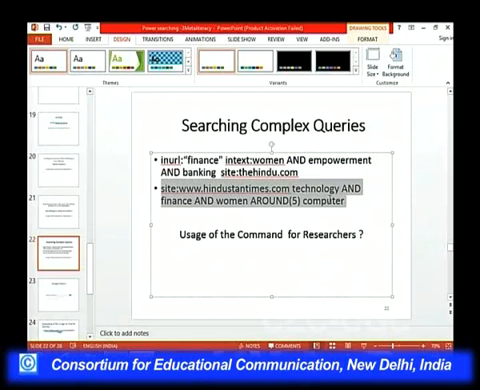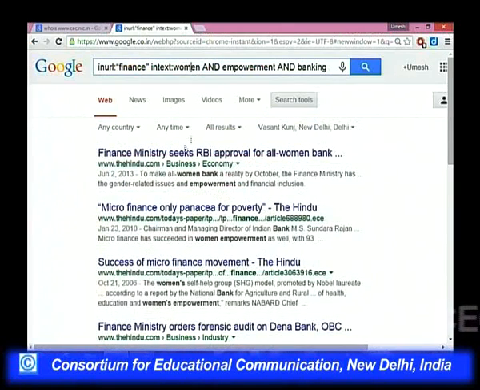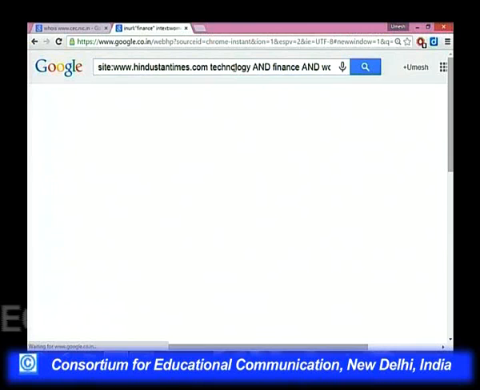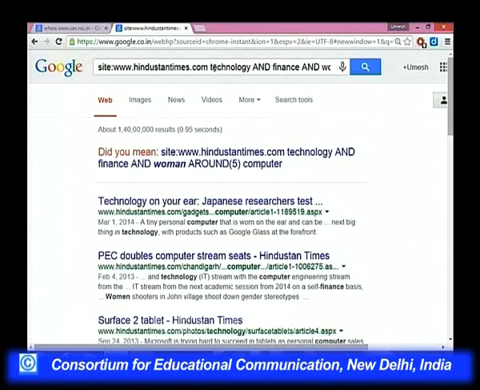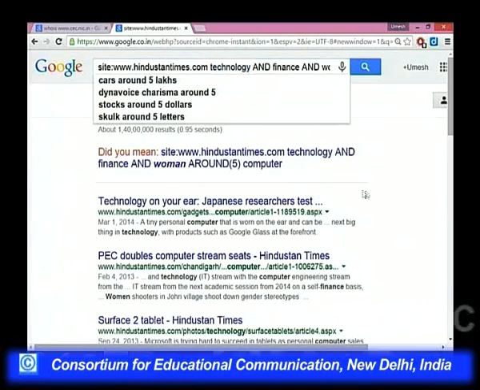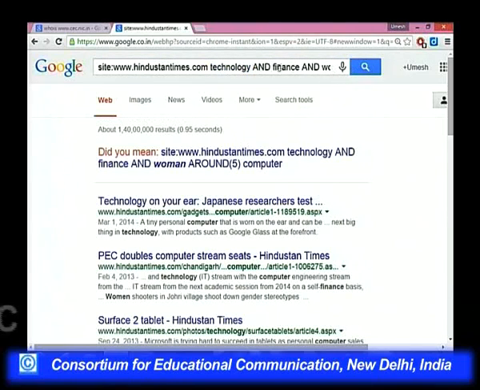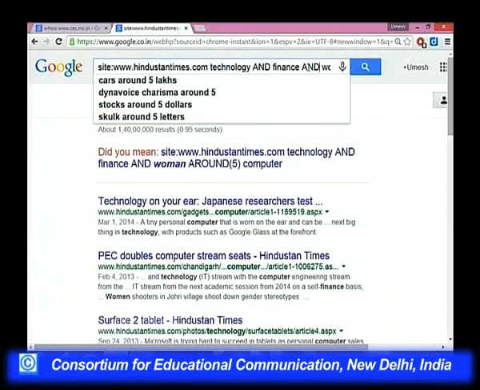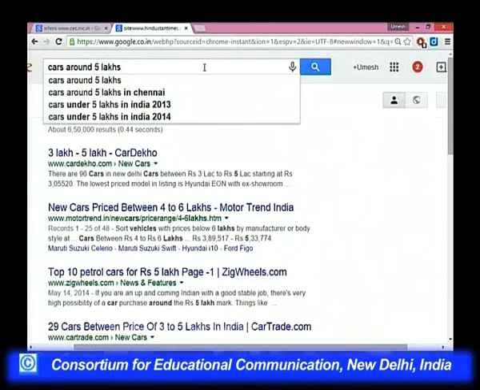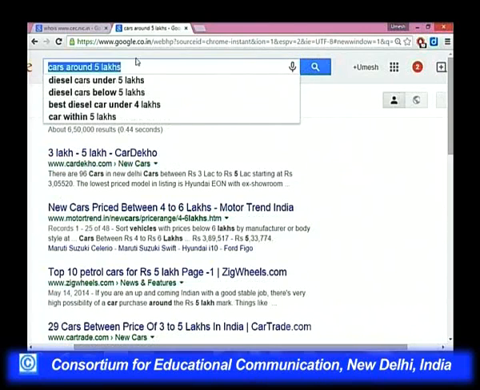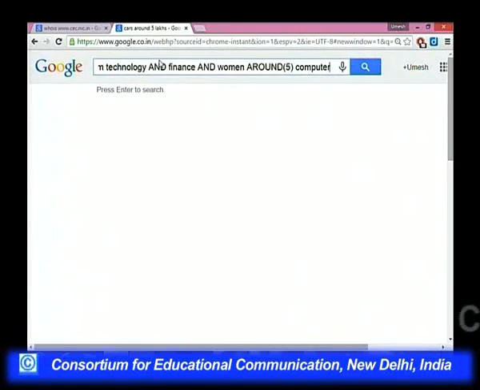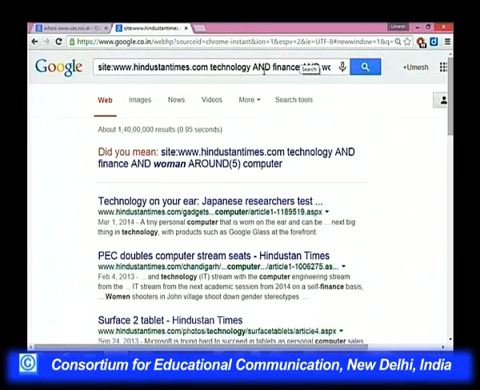And if I copy the third command, which is still more complex, you see, the site is hindustantimes.com, search for the words technology and finance and women, and women should be around 5 words right to the word computer, and these are the results.